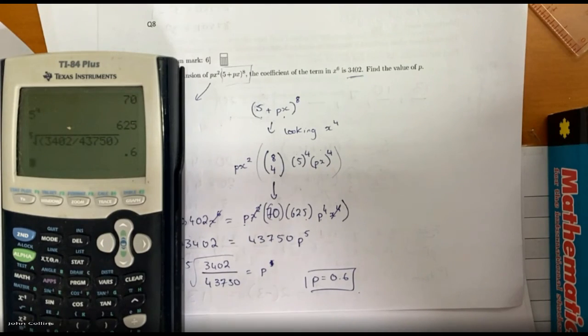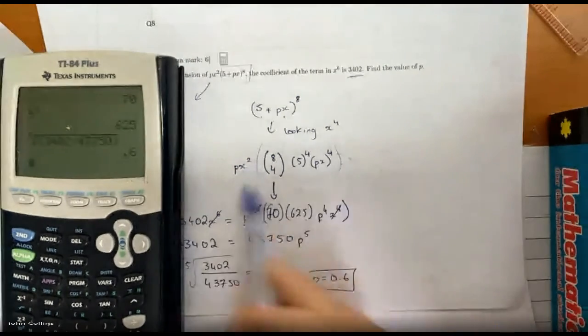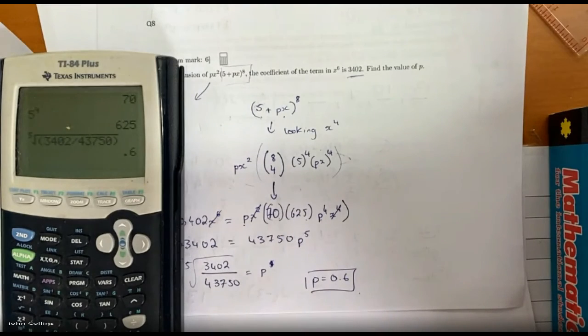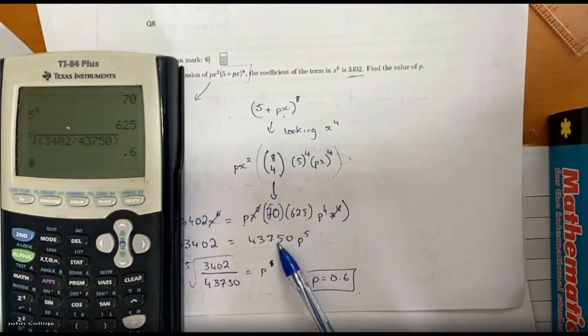So if you were to set up something like this, but not quite finish it, you'd probably get 2 marks out of the 6. If you got maybe this far and didn't finish it,